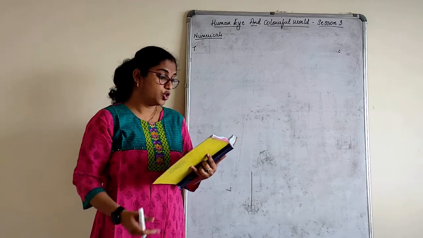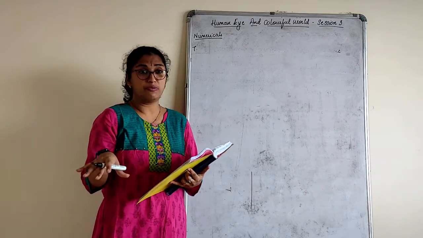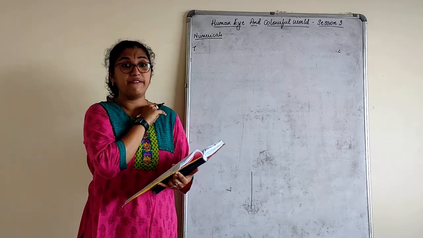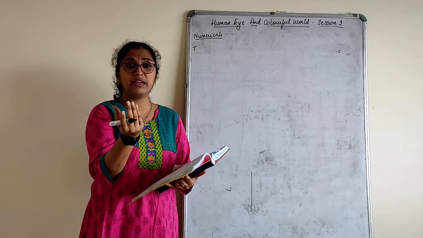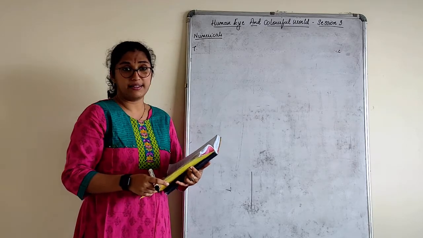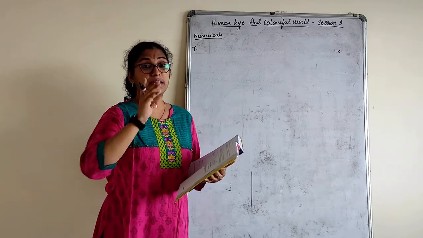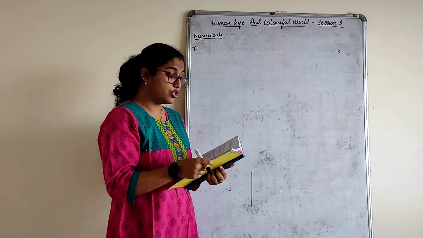Make a diagram to show that hypermetropia is corrected. A simple figure, not with respect to the question. This is what we have explained and learned in the first session. That is hypermetropia. How do you correct it? By using an appropriate convex lens. Draw one figure, the corrected one, not the defective one. Do that. Now the question starts.